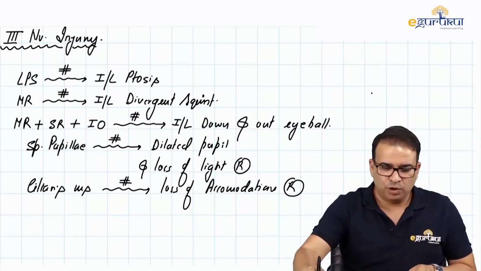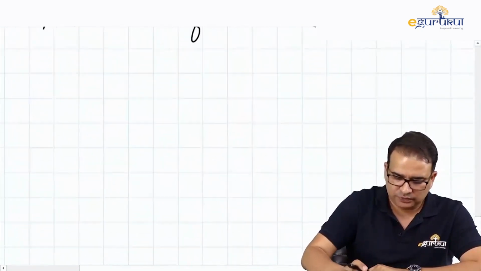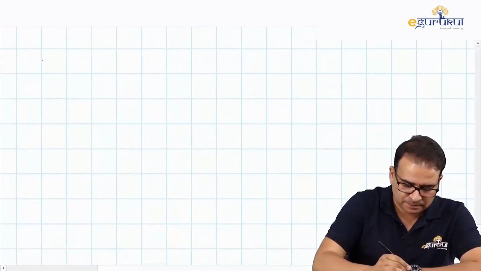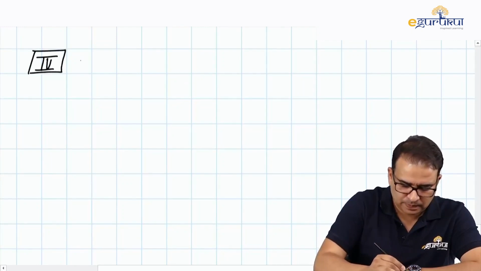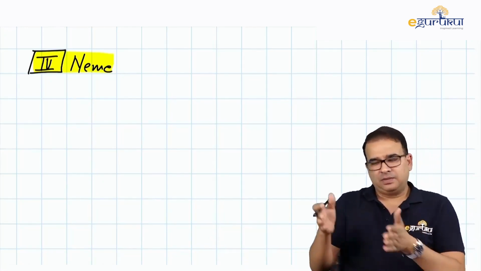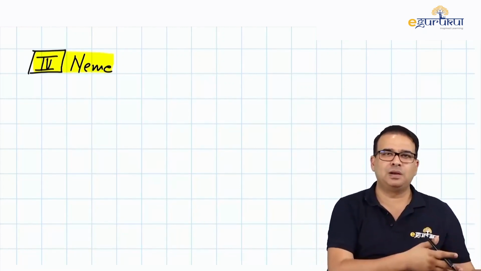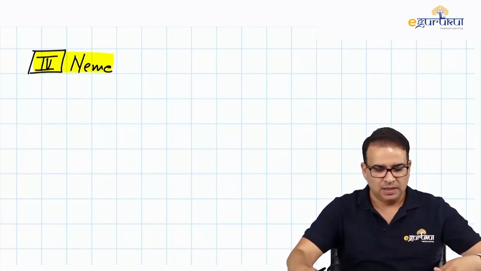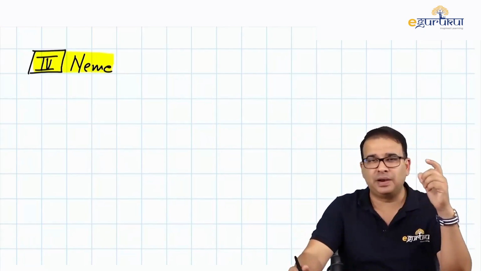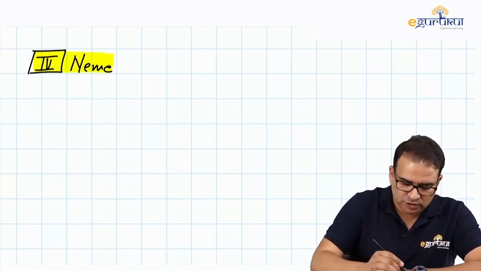Chalo, from here on, let's move on to the fourth nerve, the trochlear nerve. Now, knowing all this, let's talk about the fourth, the trochlear nerve. Guys, the trochlear nerve, if you look at the stations, it starts from the midbrain. We go to the cavernous sinus, the superior orbital fissure, and then one muscle in the eyeball, that is superior oblique. But this time the difference is the section of the midbrain should be taken at the level of inferior colliculus. So the fourth nucleus is present